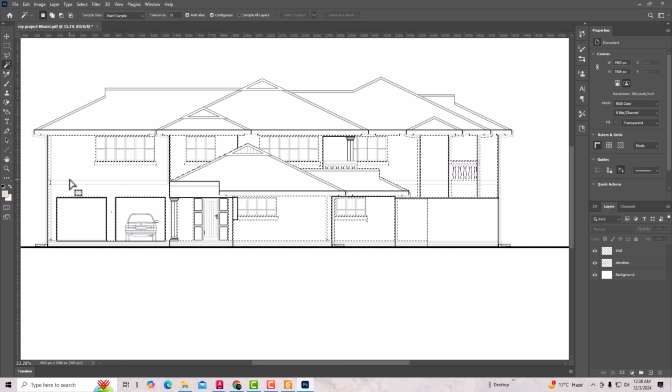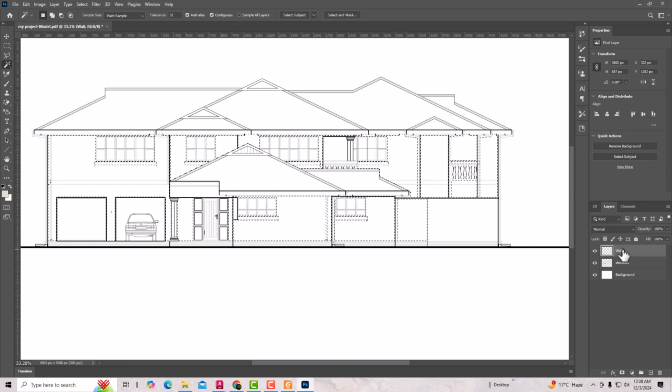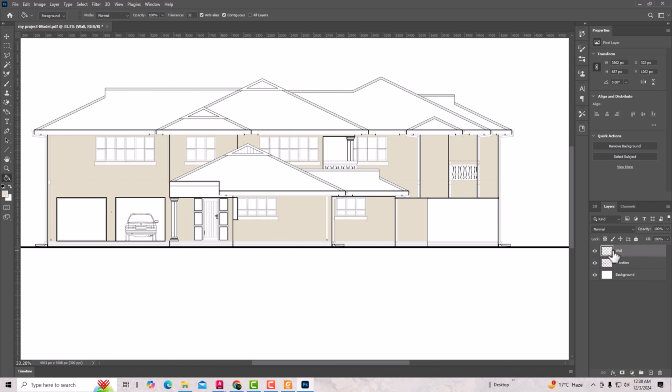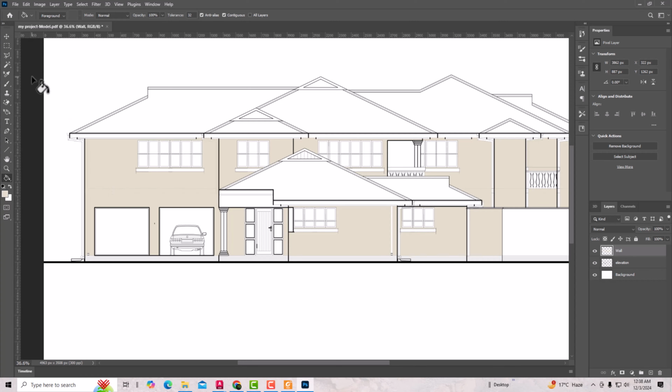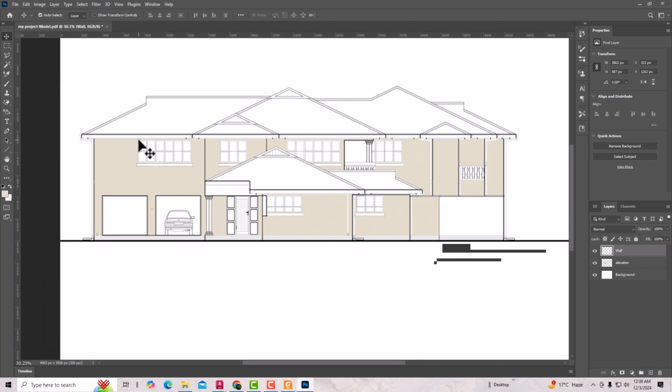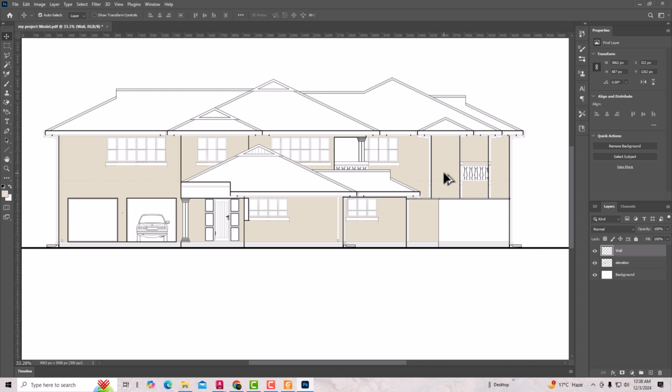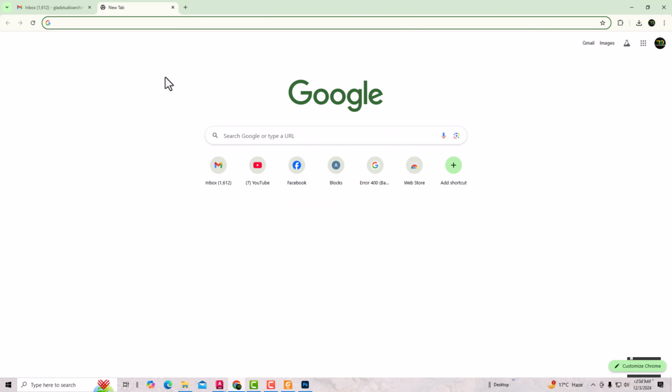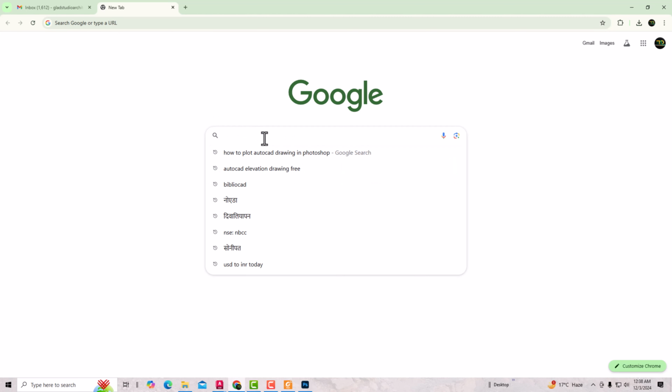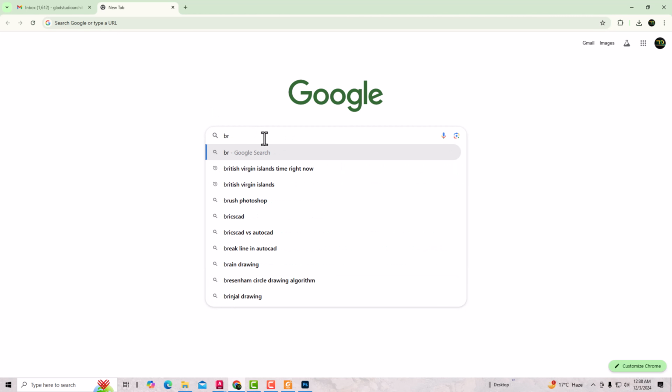And after this you can apply this wall color. You can press G command here, select the wall before that, and I'm going to press Ctrl D. And now I want to apply any material here. So suppose I want to apply a brick material here, so I'm going to my Google here and I'm going to use brick texture here,